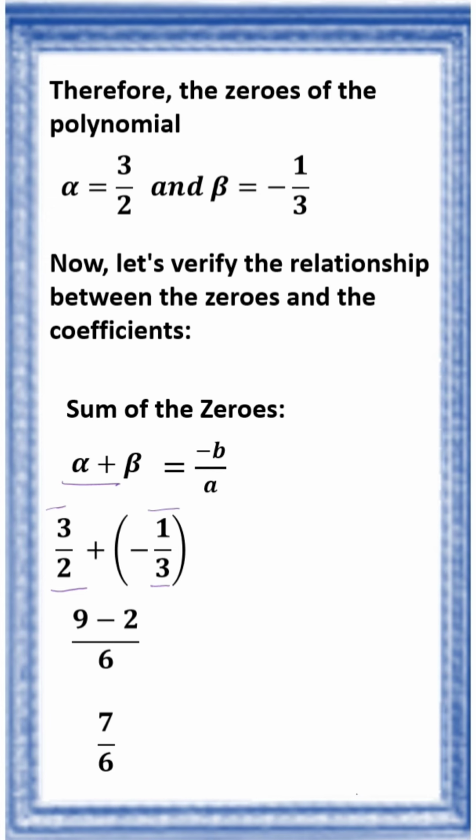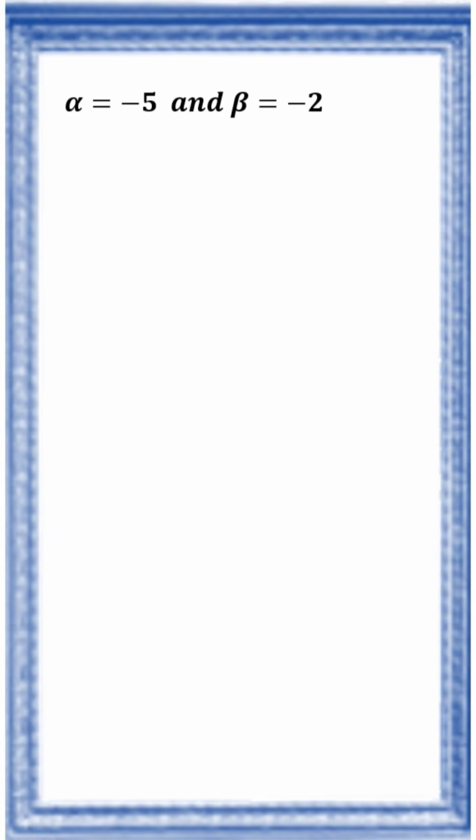Now let us do this side. Negative of b by a, negative of negative 7 by 6, that is equal to 7 by 6. You can observe this and this are equal. Now let us